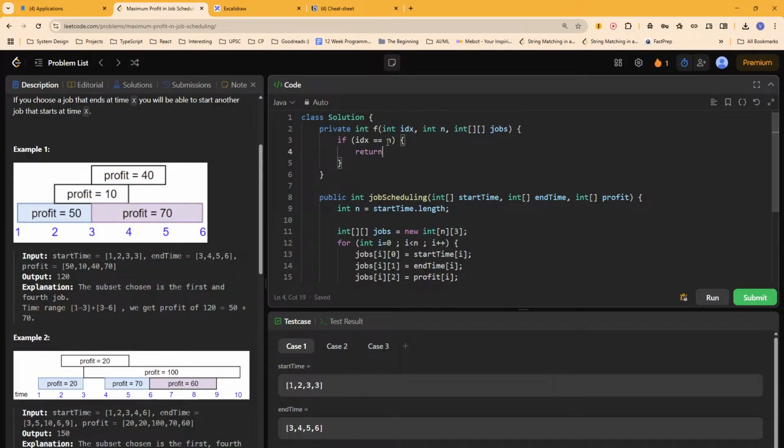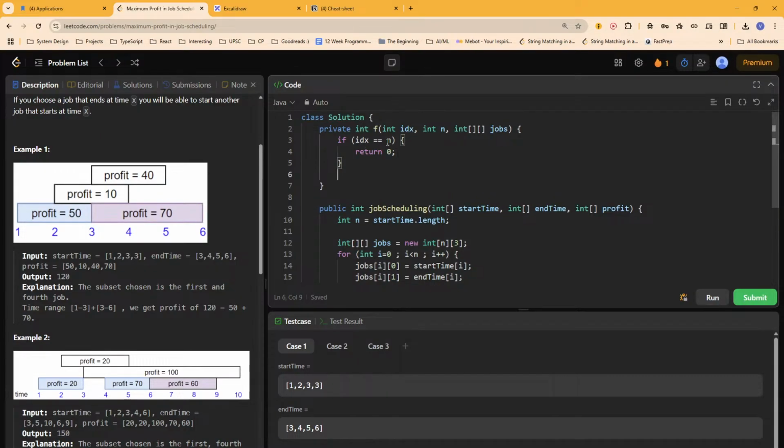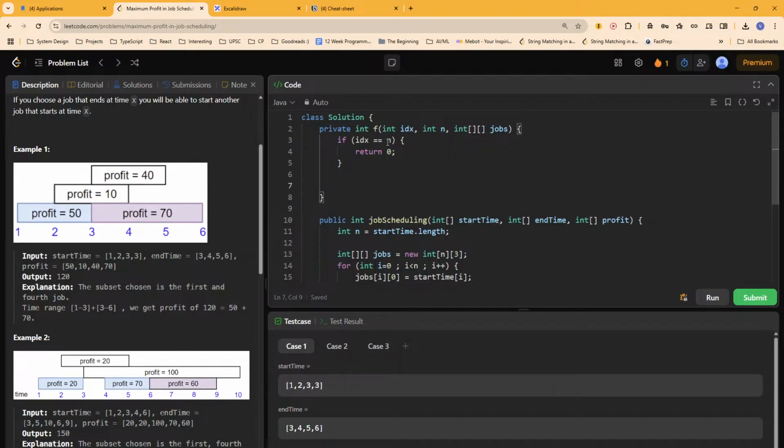Yeah, it will return the max profit. So we have missed the last, basically it is an invalid index, so we have returned 0. Now, we have two choices. First choice is to take up this task, take up the current task. So basically, we are at whatever index we are at, and we are saying I'll do this task. Okay. Now, if I'll do this task,